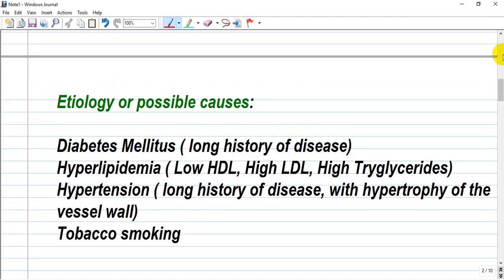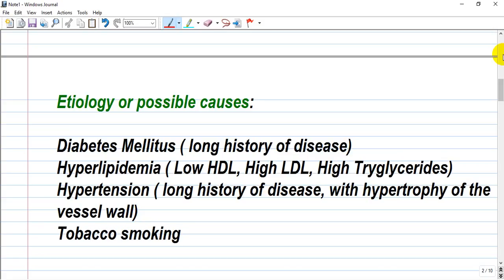So what is the etiology of the disease? It's a combination, it's a great composite that we'll see. Any patient with hypertension, for example, should be assessed for hyperlipidemia, diabetes, and tobacco smoking is an additional risk factor here. Diabetes mellitus and hypertension come from a long history of disease. Also, hypertension